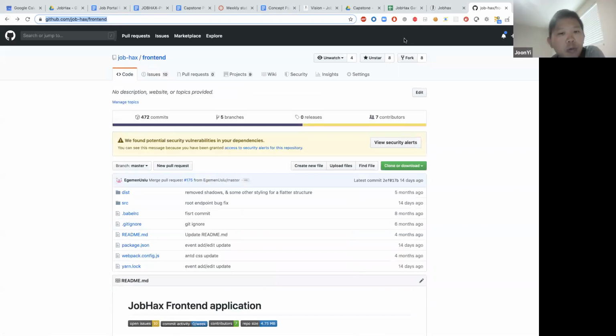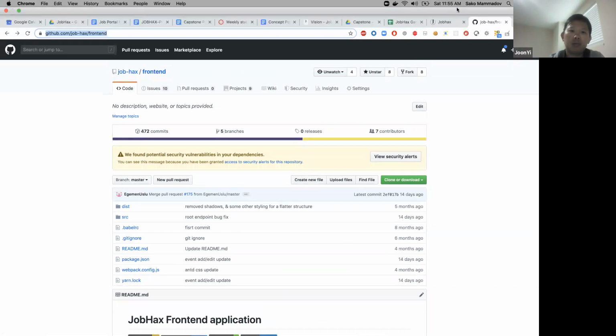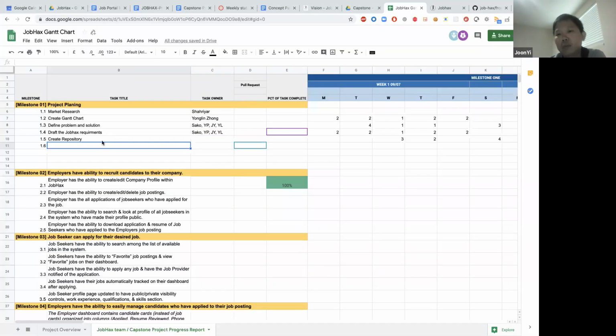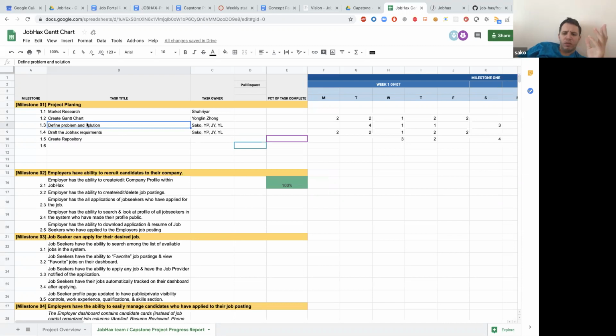Okay. Define the problem and solution. I think that's a big one, and we all worked on this, so for this one we don't need a separate owner. We can put everybody. Okay, maybe we just put all.